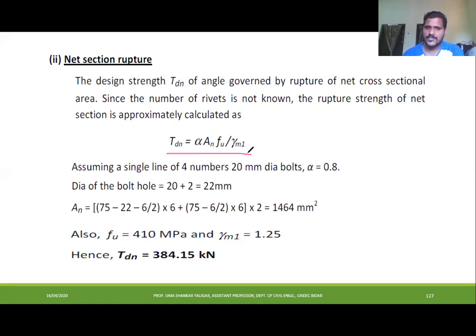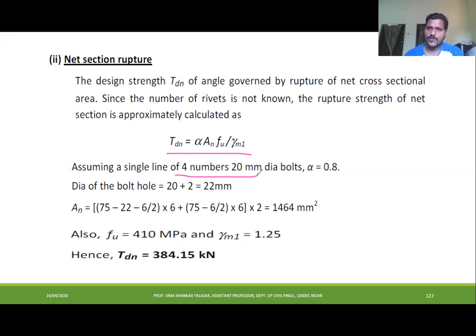TDN is the approximate strength of the net section rupture. When we don't know the number of bolts, then we can use this formula: TDN is equal to alpha into An into Fu divided by gamma m1. Alpha depends once again on the number of bolts. That's why here I have just assumed